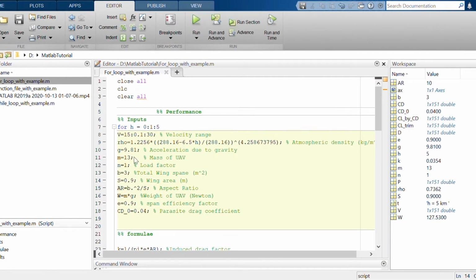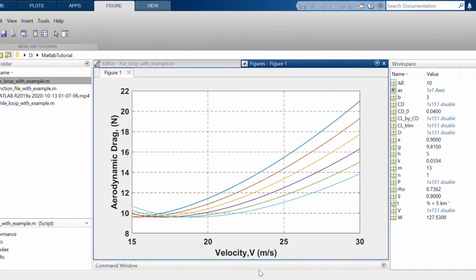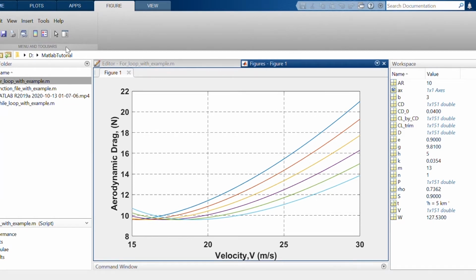So the first plot we will see is aerodynamic drag versus velocity. It will look like this. This is nothing but the legend. If you click legend, it will appear here.